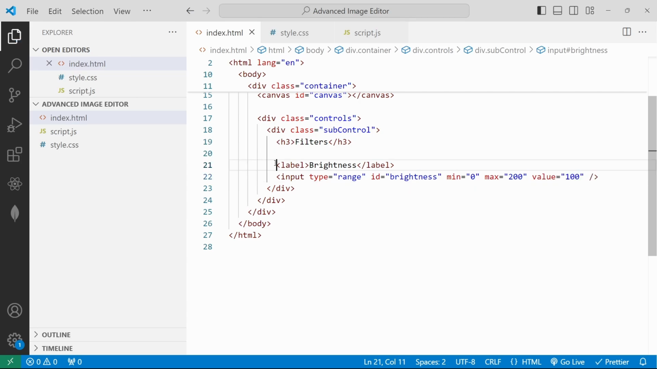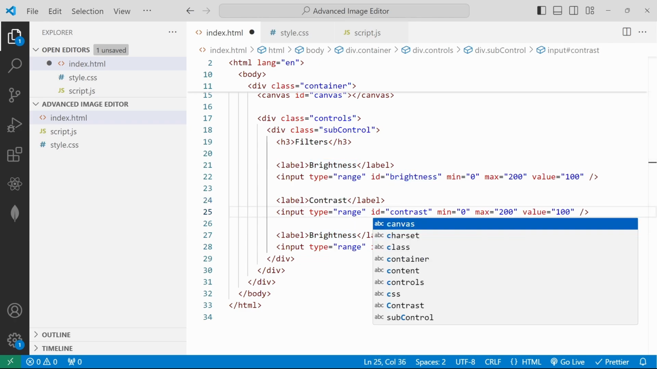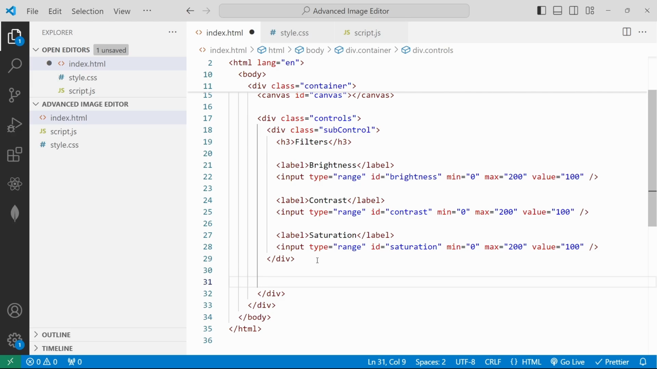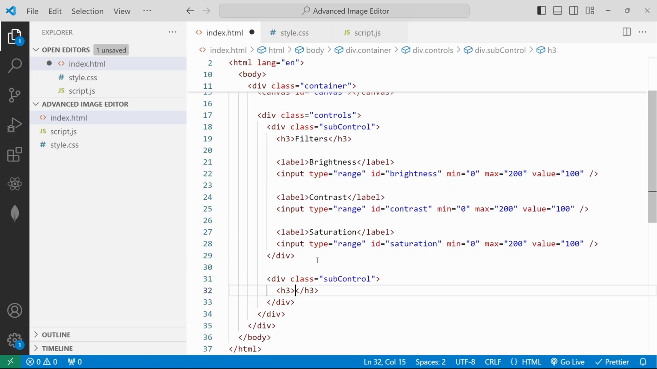So same for this, I will copy and use it for contrast as well as the saturations. Now I will just rename this brightness to contrast as well as the ID also, and for the next input as saturations, here the ID of saturations, and next subcontrols as with the help of this identification of header